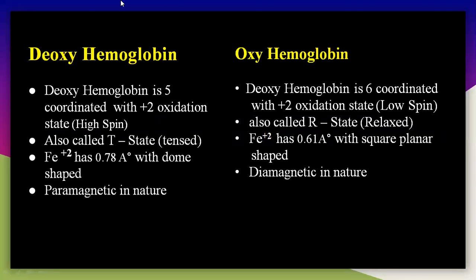So deoxyhemoglobin, which is 5 coordinate, actually it is 6 coordinated. It is 6 coordinated with +2 oxidation state with the high spin complexes. And sorry, this is not deoxy, this is oxyhemoglobin with 6 coordinated with +2 oxidation state with a low spin